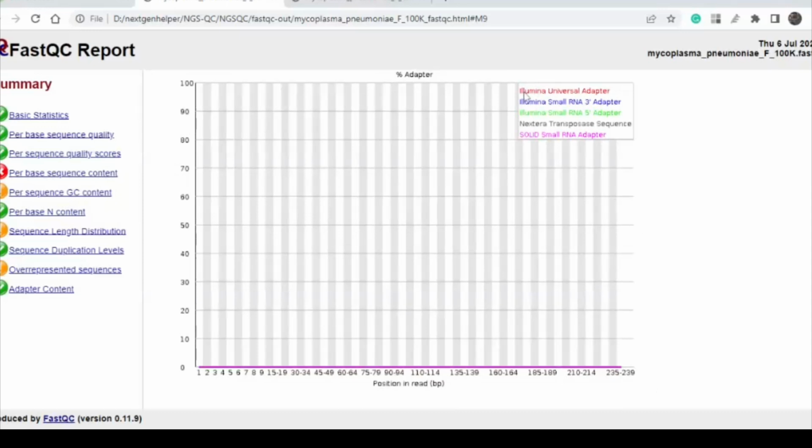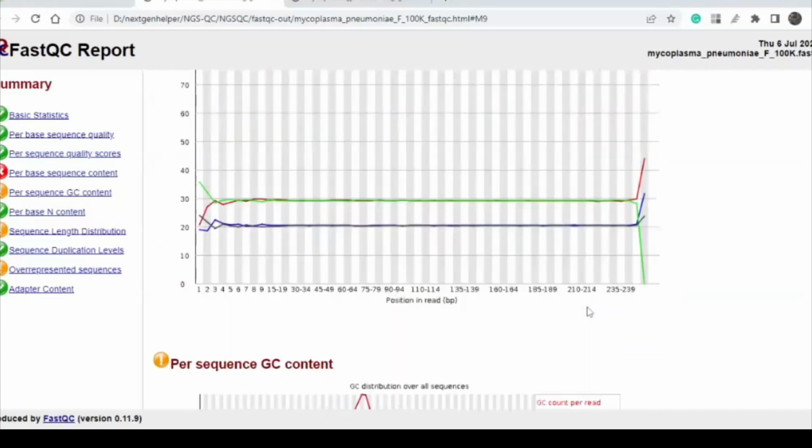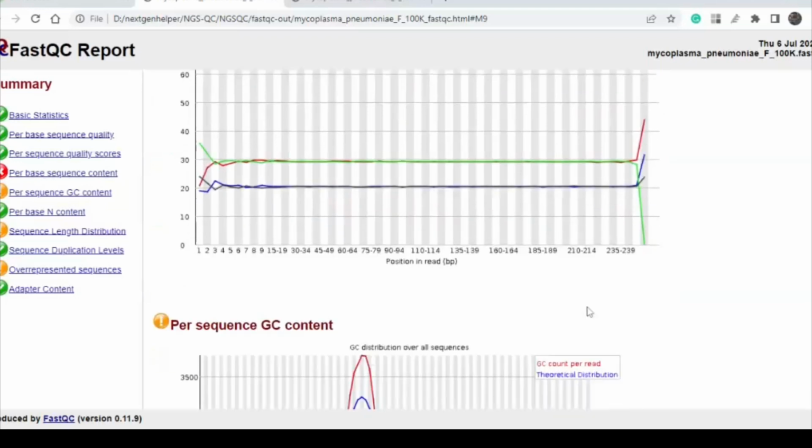There are a variety of adapters like Illumina Universal, small RNA 3', small RNA 5', Nextera transposase sequence, and SOLiD small RNA adapter is also present there. So none of them are present in this. So what we have seen in this data, we can use to select what parameters we need during the